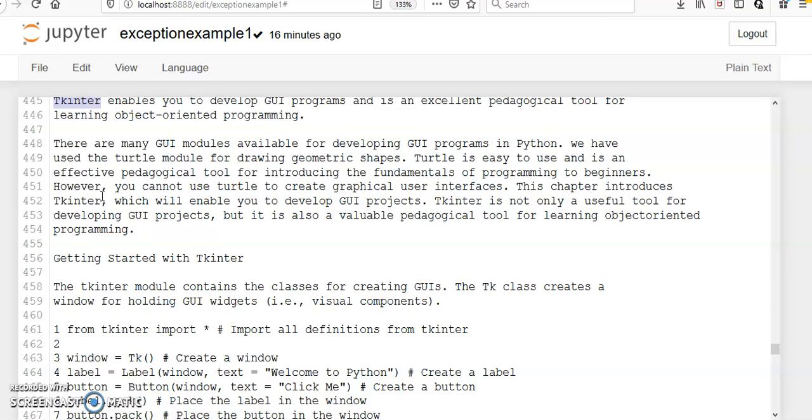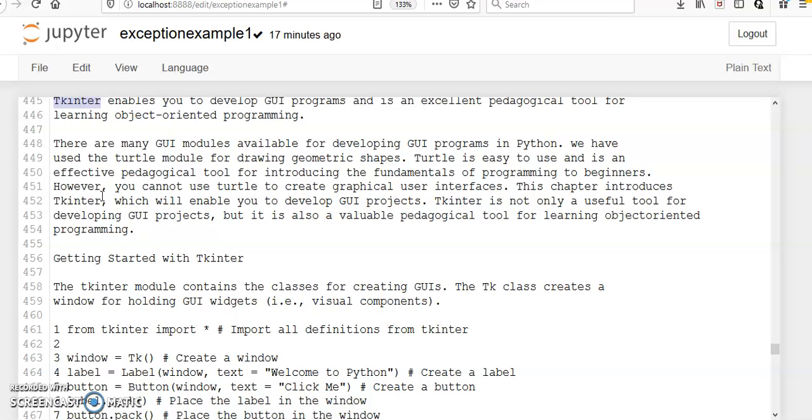There are many GUI modules available for developing GUI programs in Python. We have used the Turtle module for drawing geometric shapes. Turtle is easy to use and it is an effective pedagogical tool for introducing the fundamentals of programming to beginners. However, we cannot use Turtle to create a graphical user interface. The Turtle module is used only for drawing geometric shapes, but it is not applicable for a GUI.